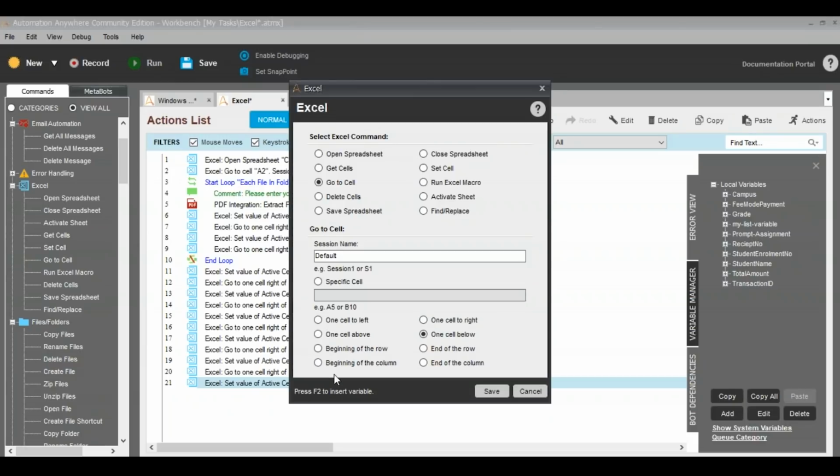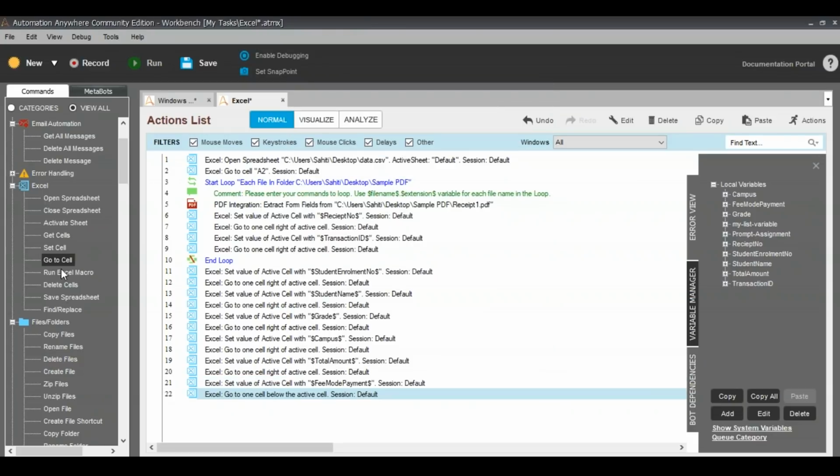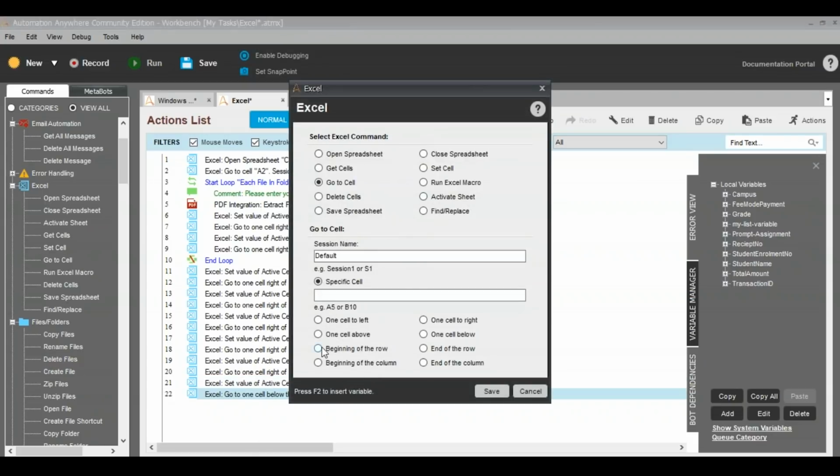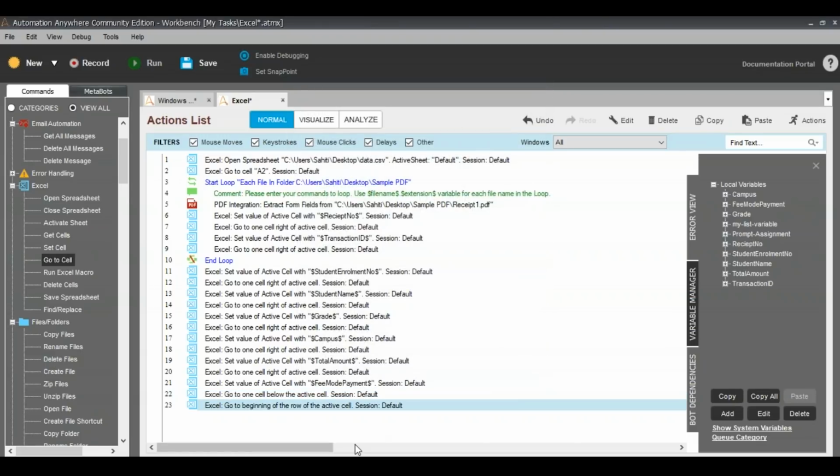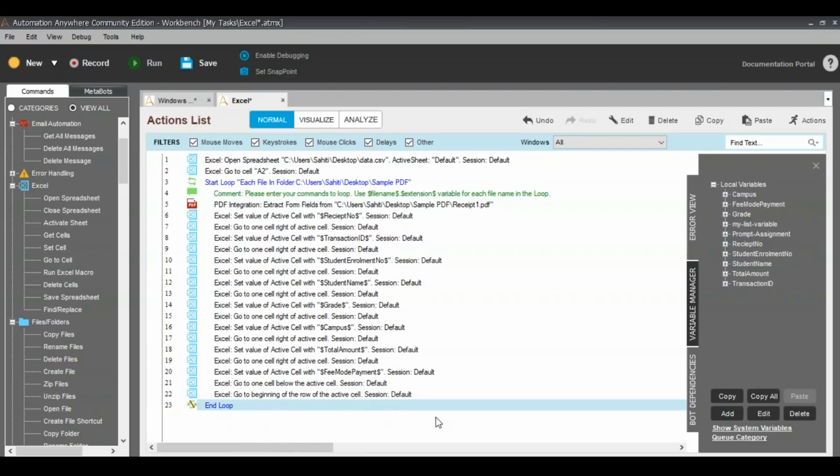This is because this is the final value that will be stored for one PDF. After that, to iterate the same thing for other PDFs, you'll have to go to the next cell and then go to the beginning of the row, right? So we'll go one cell below, and then I'll again drag go to cell and choose beginning of the row. So with that, we'll be good enough to store the data of different PDF documents into a single CSV file into different rows, right? This has to basically come at the end so that we finish the loop,